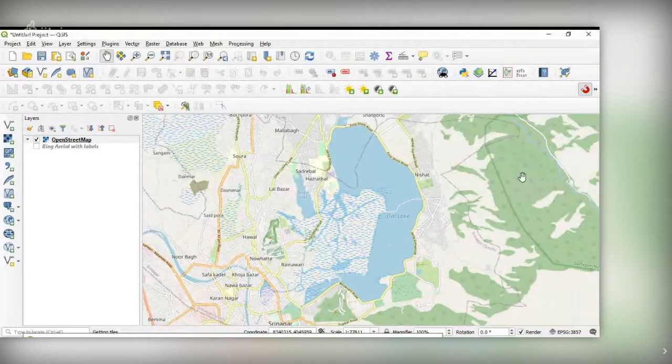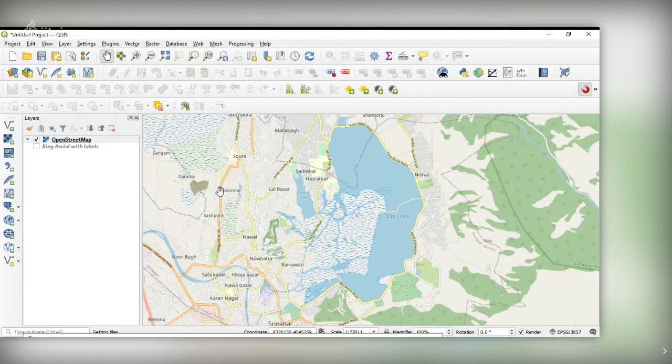This is a lake, this is some forest area, this is also maybe some forest area, and this is another lake, and you have roads here. And some places, Lal Bazaar is there, Malla Bagh. So many locations are there. These locations we will distinguish as points, lakes as polygons, and the road network as lines. So it's a simple distinction.